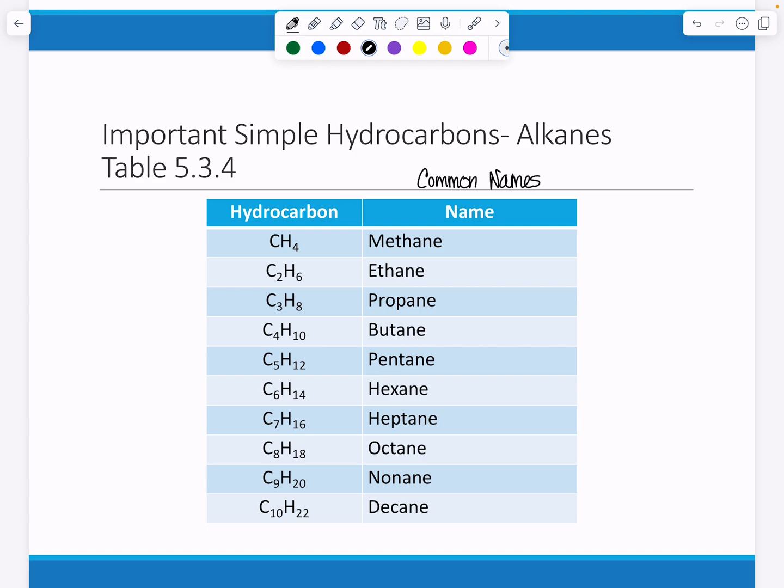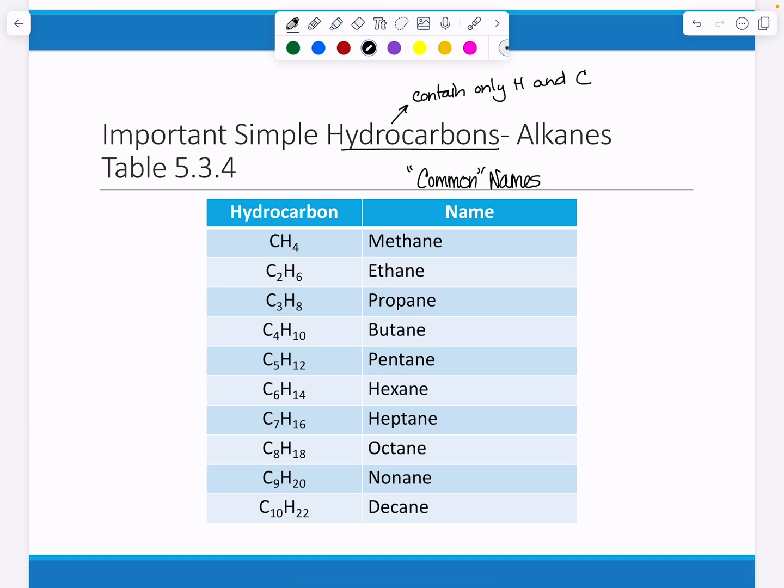So there's common names and systematic names. Some important ones are what we call hydrocarbons. They're called hydrocarbons because they contain only hydrogen and carbon. And so these are called the alkanes,